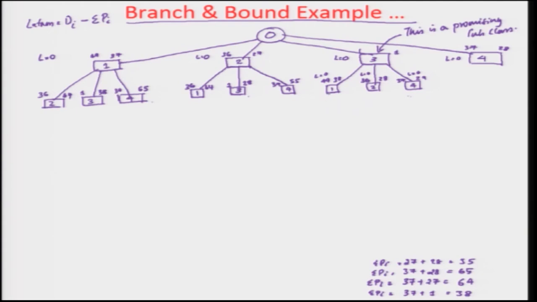So, in this case 2 sequence positions will be used. I am just going to expand it for the time being, just to expand. So, this will be 3 and 1 are used. So, it will be 2 and 4 are the 2 possible options in this case, right. So, then if it is 2, this 38 was the total processing time so far. So, the sigma pi for us is 38, and for 2 the time is 27. So, 38 plus 27. So, it is 8 plus 8 is 16. So, it is 5, 3 plus 2 is 5 plus 1 is 6. So, this is 65, and 2 is supposed to be delivered by 36. So, you are late here, okay.